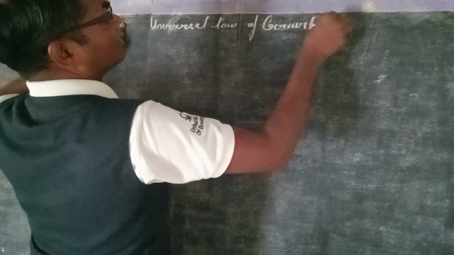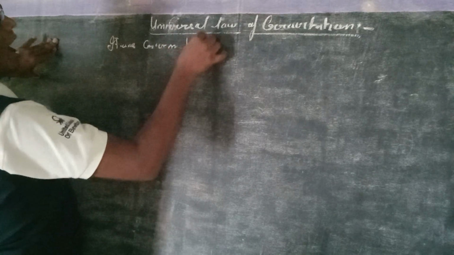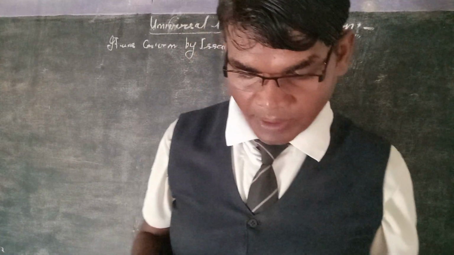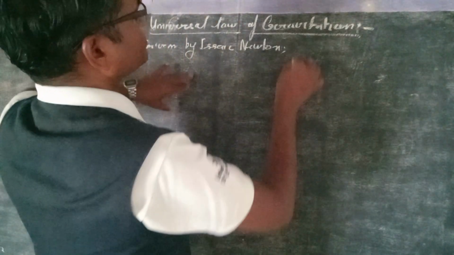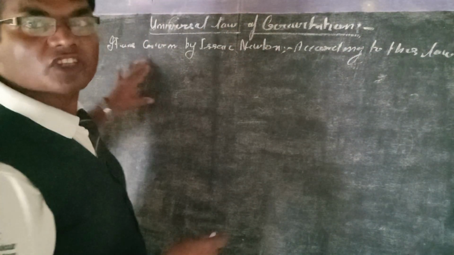Universal law of gravitation. As we defined earlier, the universal law of gravitation was given by Isaac Newton. According to this law, the attraction between